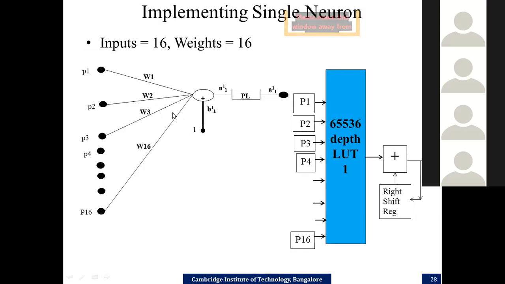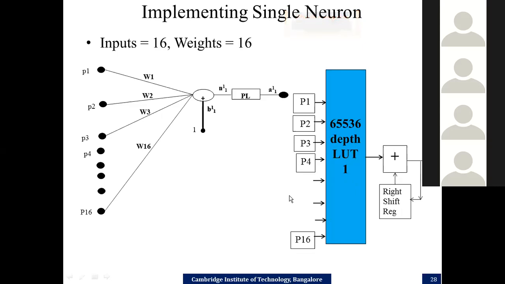So this is the structure. For the given neuron, for the compressor part, I have taken a LUT having a depth or memory locations of 65536, and I have taken 16 inputs and use this LUT to perform the complete activity. It requires one LUT, one adder and one register, but it does not need any kind of multipliers. Now this is very interesting for us. This is for the first neuron.